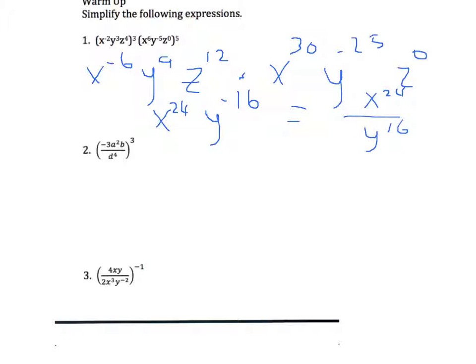The next one is a power to power, and I really emphasize that if there's a number already in parentheses, the integer negative 3 is being taken to the third power, and so you still leave parentheses around it when you're taking it to that third power. That's really going to be important when you have an even exponent that would actually make the number positive. And then you have a to the 6th, b to the 3rd, and then